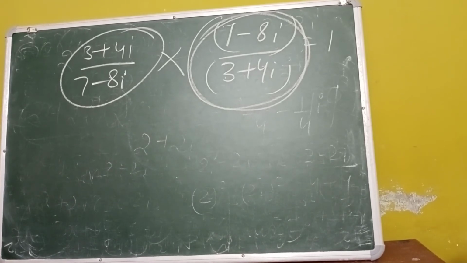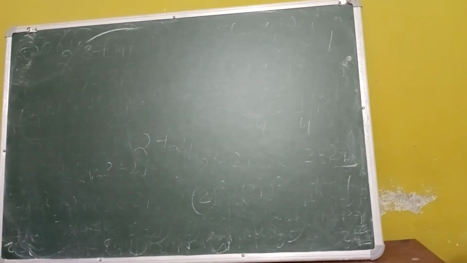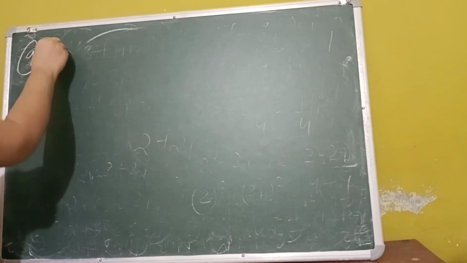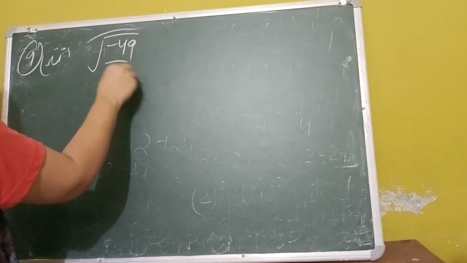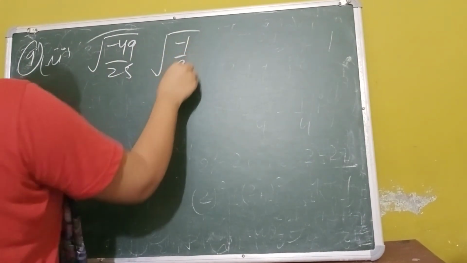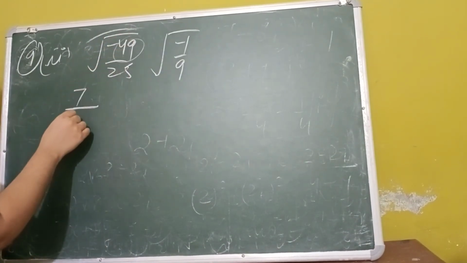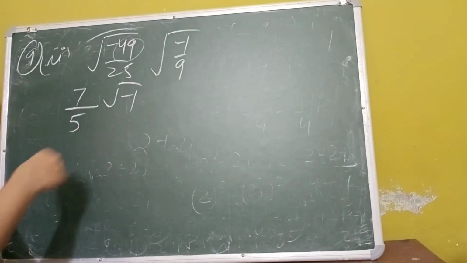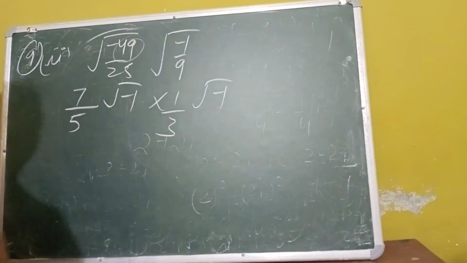So here I am taking one or two questions from question number 9. In question number 9, second part, one or two more points we will take, as it is minus 49 upon 25 minus 1 upon 9. What I can write to this: 49 will come out, 25 will come out as 5, and inside it's minus 1. Here also, if you want, you can take 1 upon 3 outside, inside it is minus 1.